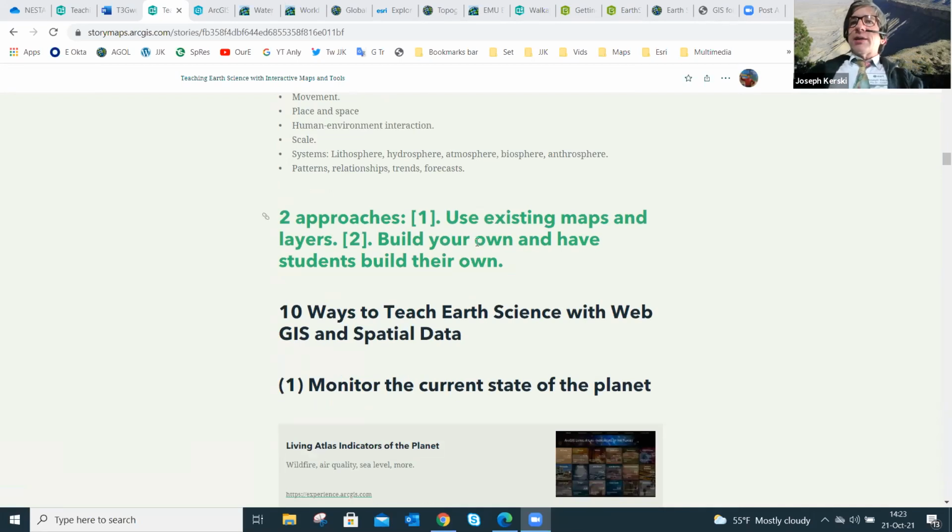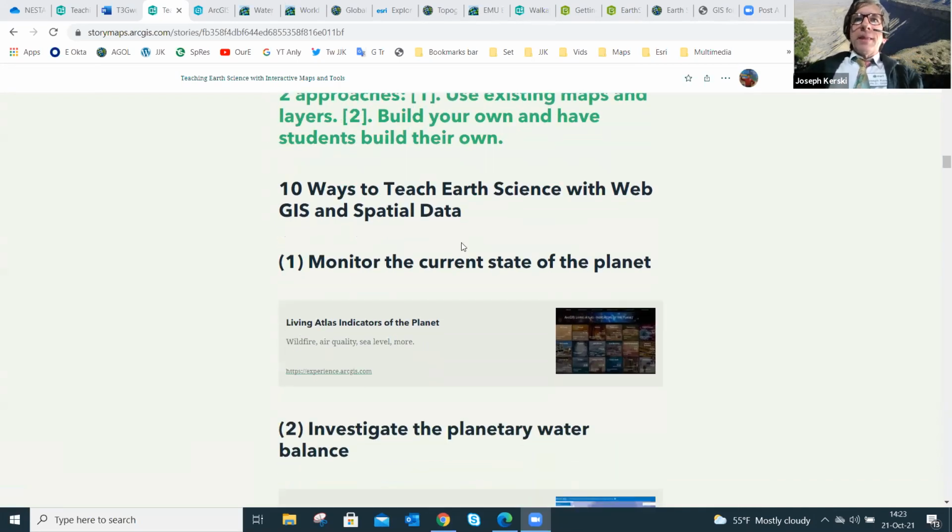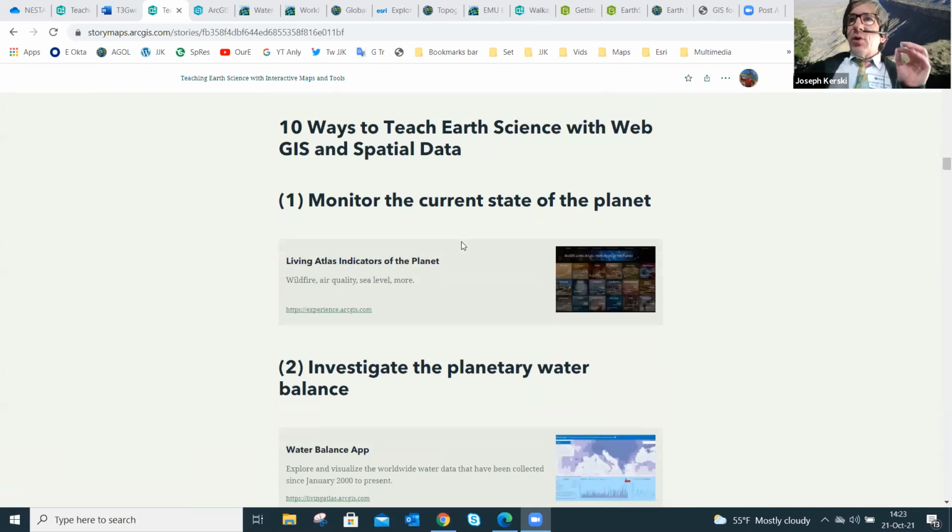10 ways to teach earth science with these web GIS datasets and tools. First of all, there are certain web mapping applications. This is a story map. We'll talk more about story maps. But one of them is this